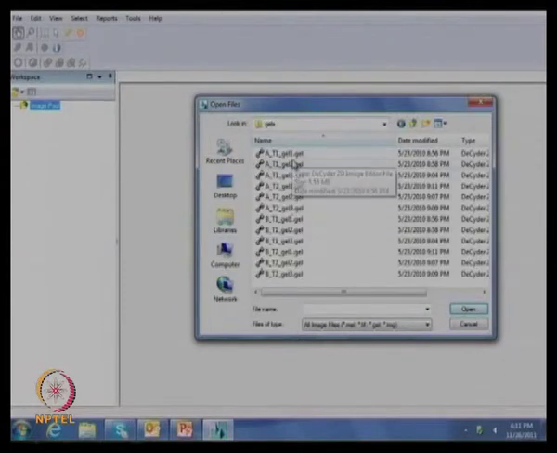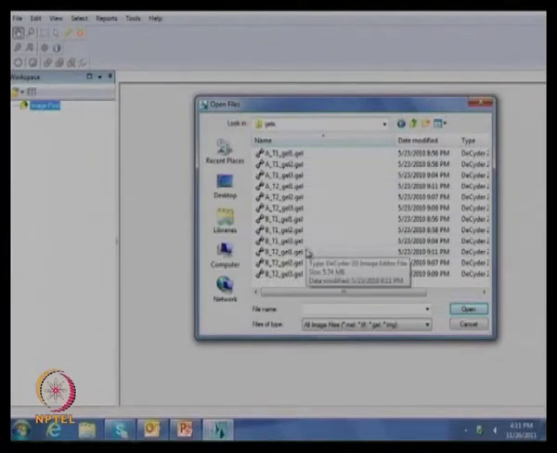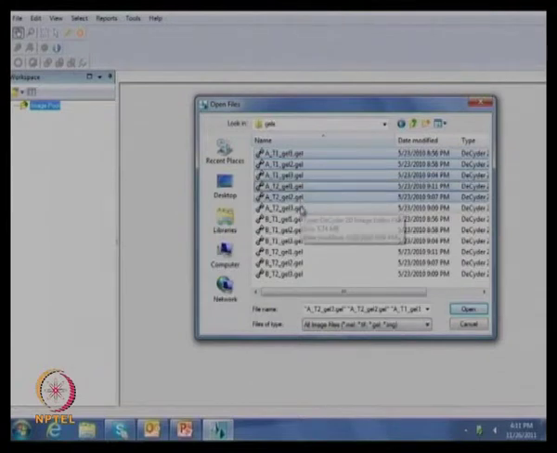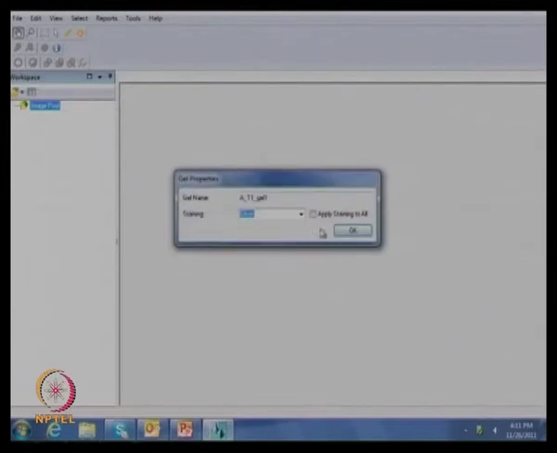As I have multiple gels here, I'm going to add a few gels to our software to analyze: gel 1, gel 2, gel 3, and gel 1, gel 2, gel 3. So you are processing 6 gels at a time. Basically, 3 replications for each condition. That means one is control and another is treated.